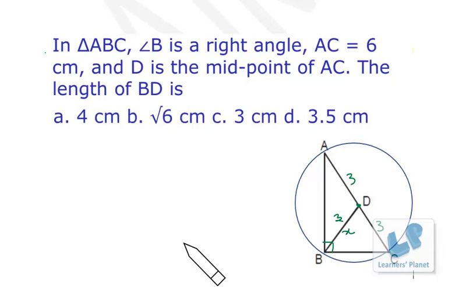Okay. So very beautiful, very simple concept we have used over here. Angle in semicircle is 90 degree. Here AC is nothing but the diameter of the circle. D is the midpoint, so AD is equal to DC is equal to radius of the circle. Similarly, BD will also be radius of the circle. So that will have the length as 3 centimeter. Clear? So just by drawing this circle, you can do this problem very easily.